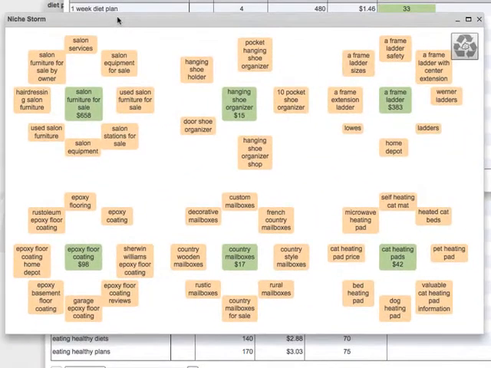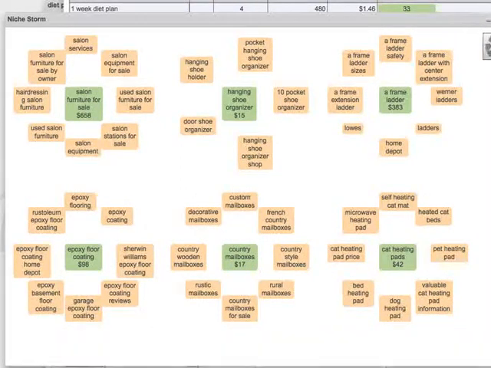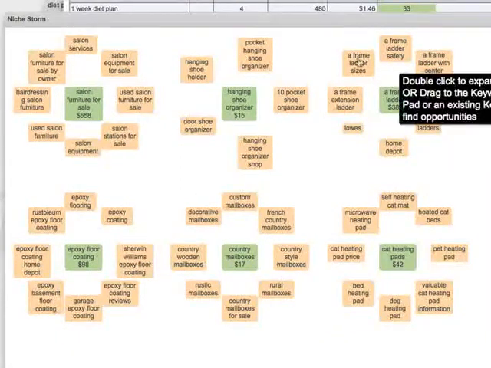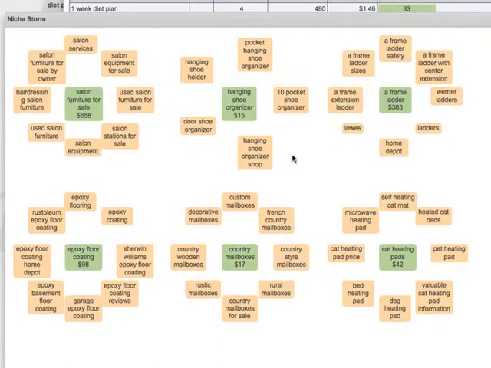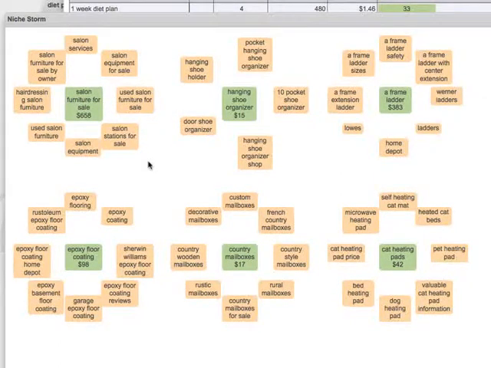So the idea behind NicheStorm is that the green is the central keyword, and the keywords around it are related keywords. And you'll notice that we've got prices on the keywords in the middle. The whole idea here is that you want to be presented with just random things that are being sold